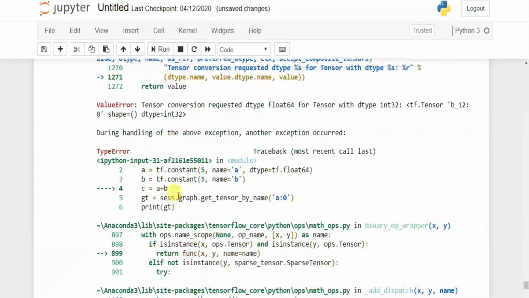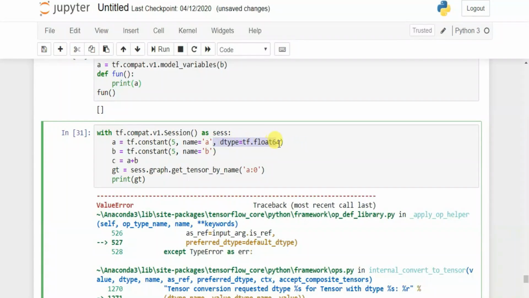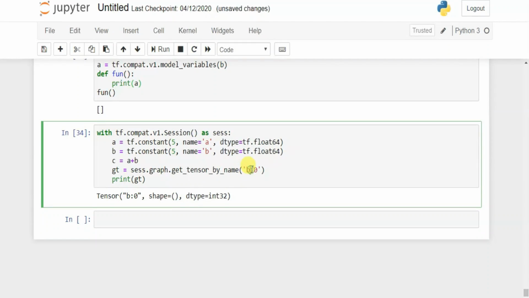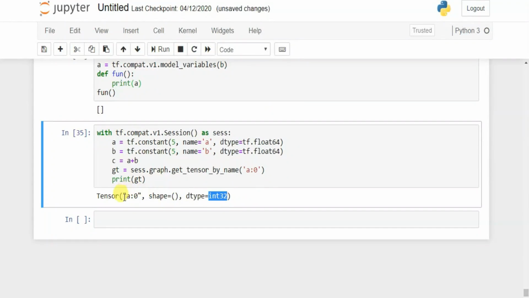So I'm gonna copy this and paste this in here, so we can create a sum. Whenever I print b or a, you can see we still get integer 32 because a of 0's data type is integer 32. So you got the point.